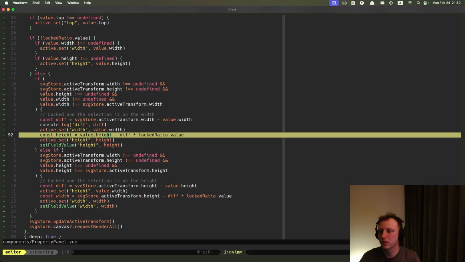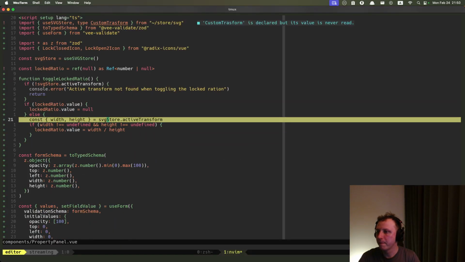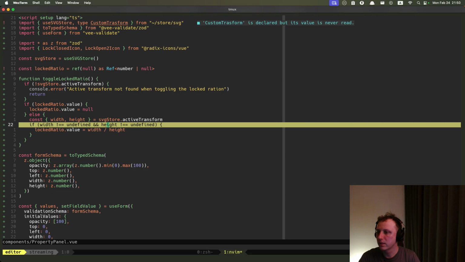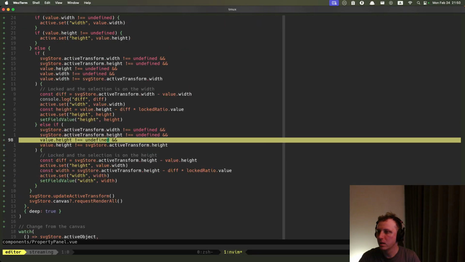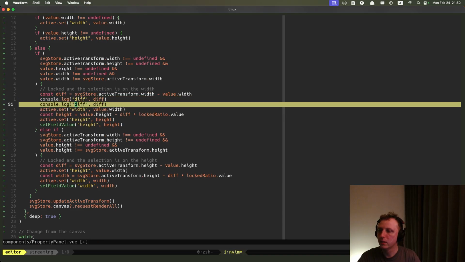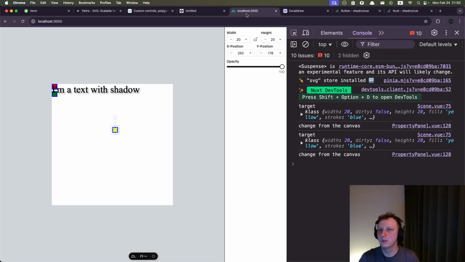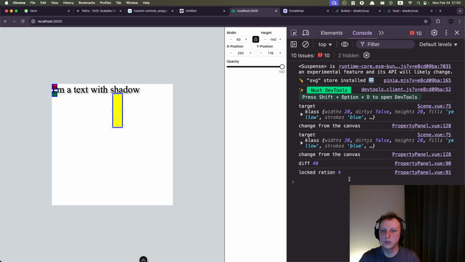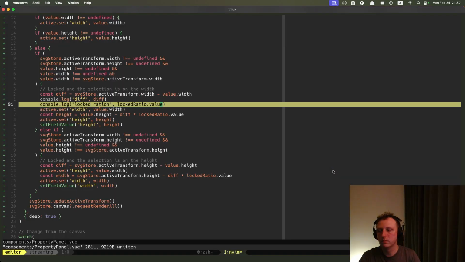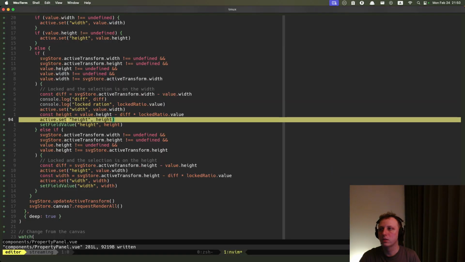We have the lock ratio, right? It's not undefined or something, right? Locked ratio value. So let's do the same example. 80. Okay, this is now locked. I will switch to 40. This locked ratio 4. Yeah, sure. So locked ratio is 4. I switched and